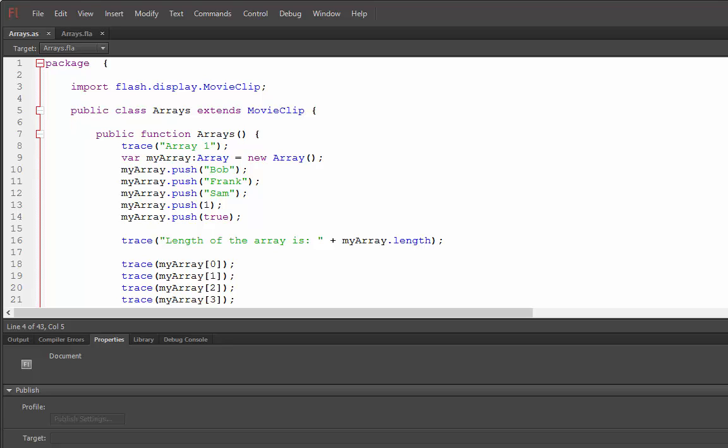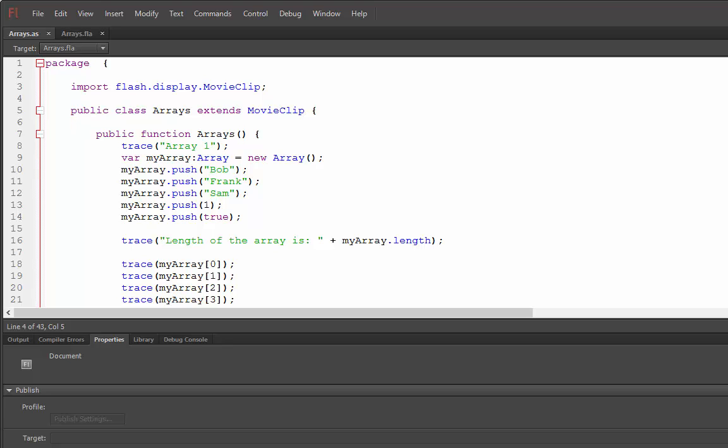Most variables you've seen so far have stored only a single value. So a Boolean variable contains only true or false. A string variable contains character text. And there's the integer type, int, which stores only integers. And then there's a number type that we've seen so far. But arrays are different in that they can store multiple values, and also those values can be of different types,